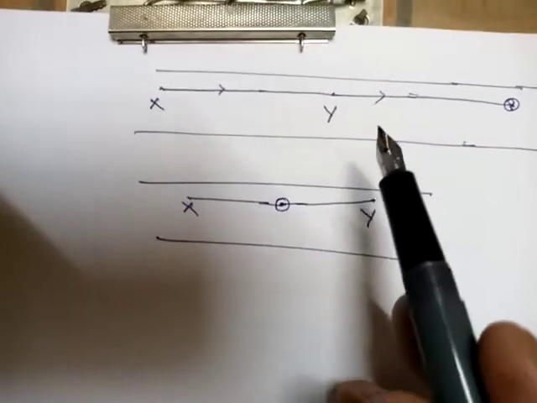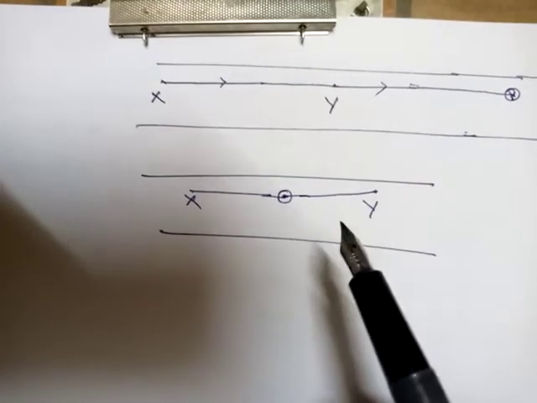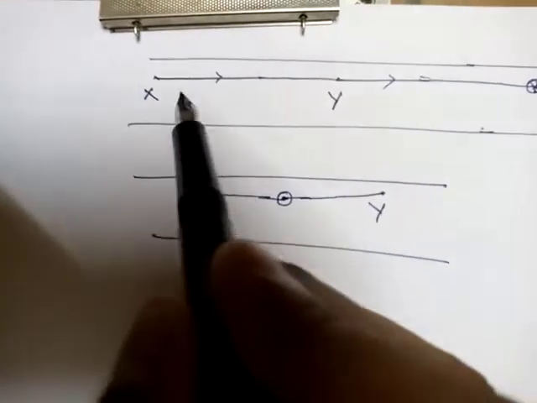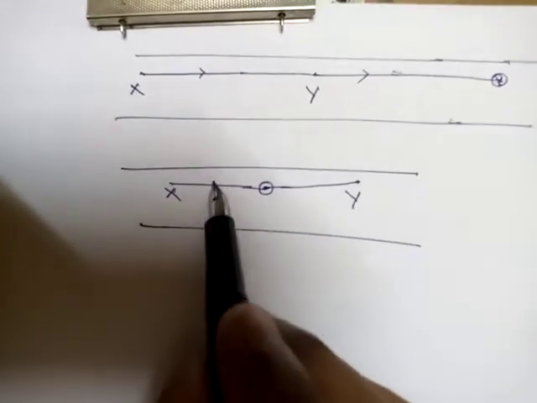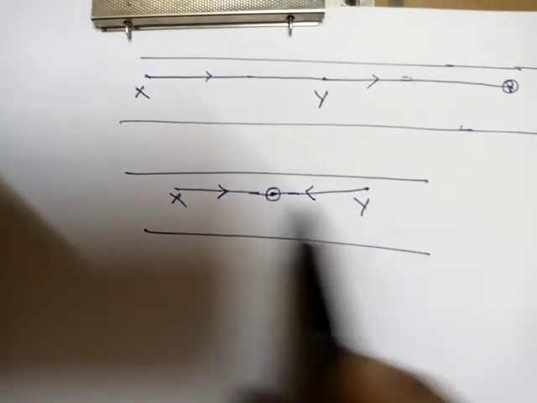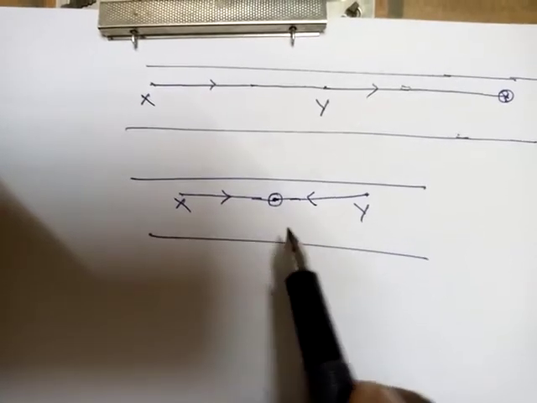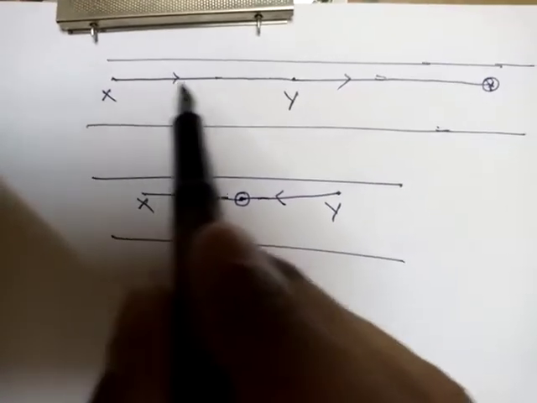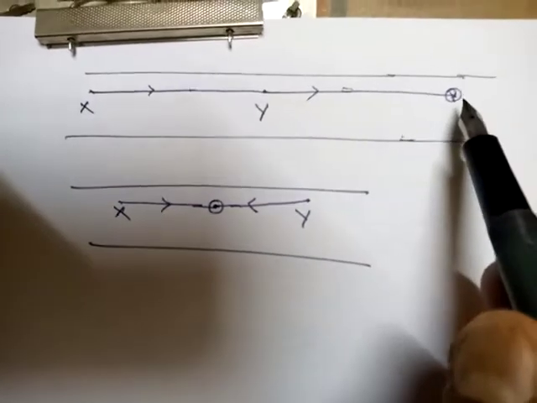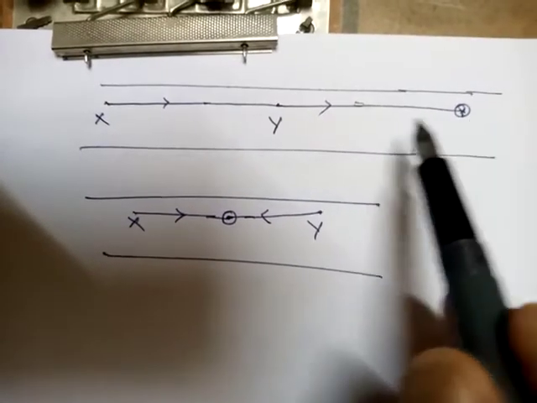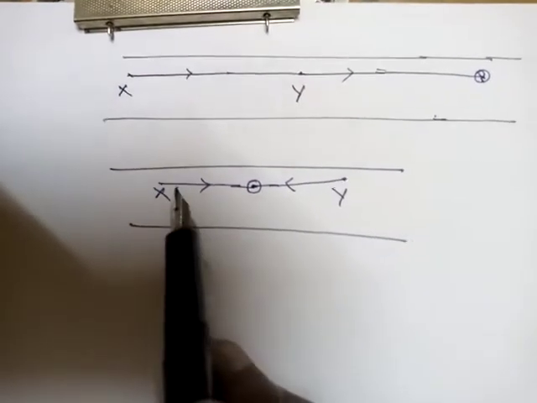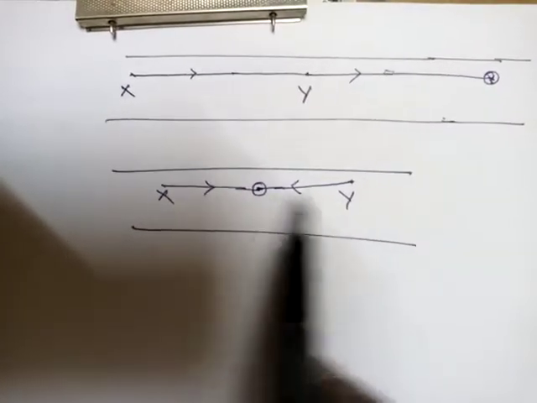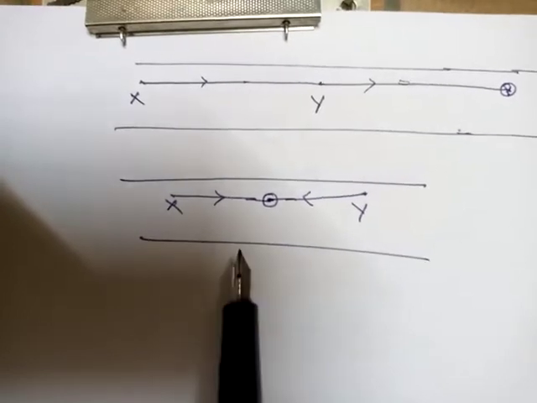So which will take more time, which will take less time? If it goes in the same direction, it takes more time. If it comes in the opposite direction, they will meet quickly, correct? Both of them going in the same direction means they will meet at one particular point, but they will take too much time. Suppose both of them are coming in opposite directions, they will meet quickly.